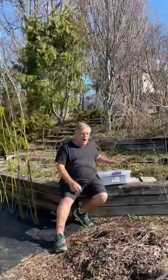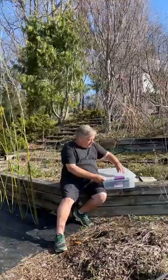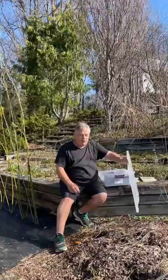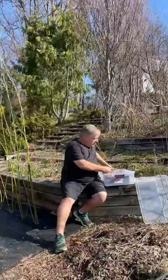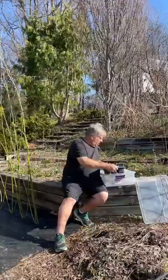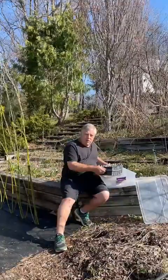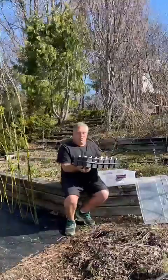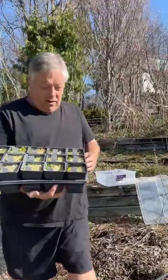So we set up this box, this Rubbermaid box, very simple. Well, sorry, it's not Rubbermaid, it's Sterilite. I shouldn't be using trade names for things that aren't it. And then we sowed a tray of seed. We leave it indoors for a few days so the seed absorbs moisture, and then we put it outside. And we did this in January. And now that we've had a few warm days, I'm going to bring this close to the camera here so